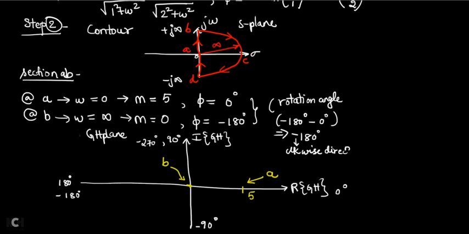Now before drawing this plot, you have to find out where your curve is going to intersect, whether it intersects on the j omega axis or on the real axis. We don't know whether it starts here and ends here, but whether to draw it like this or like this, where it cuts the j omega axis, where it cuts your real axis, you don't know. That also you need to find. So let me find that first in the next step.